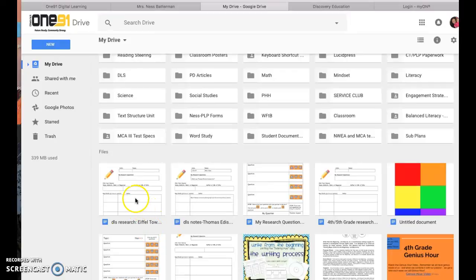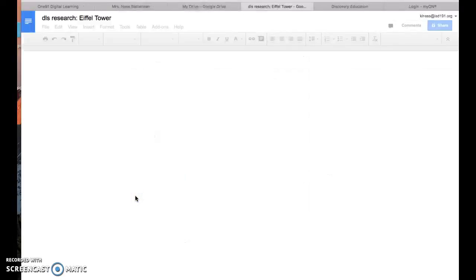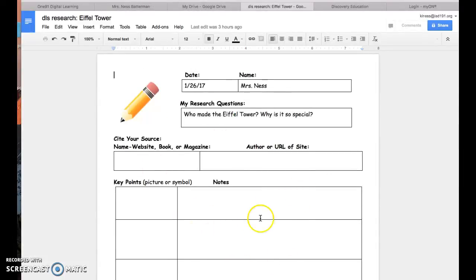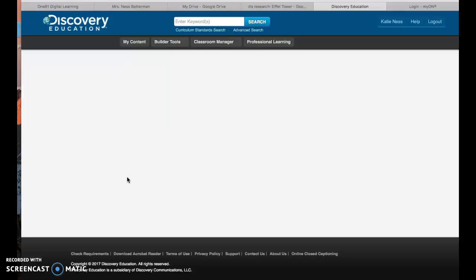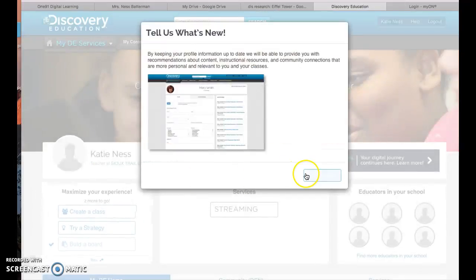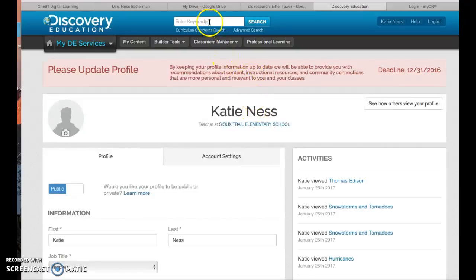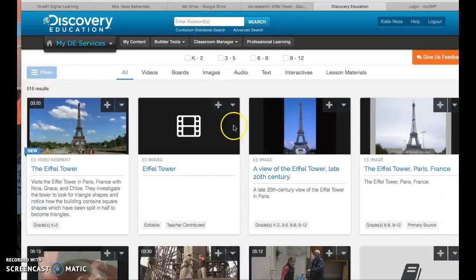So I'm going to go ahead and open up my notes page. And I'm going to continue taking notes. So I have the date, my name, and my research question. And my question I want to find out is, who made the Eiffel Tower and why is it so special? And I'm going to begin taking my notes. Now I'm going to go to Discovery Ed. I'm going to sign in with Google. I showed most of you this, but I want to show the rest of you this. So if I go up here to my keyword search, and I'm going to search the Eiffel Tower,